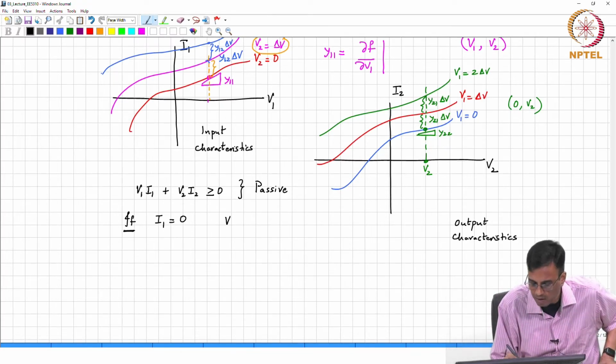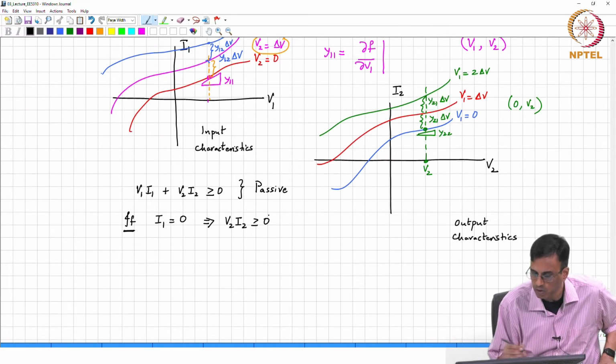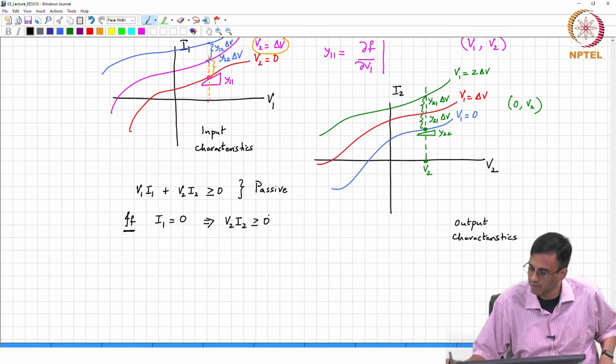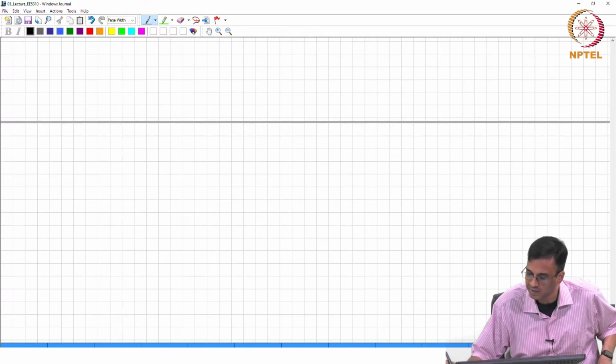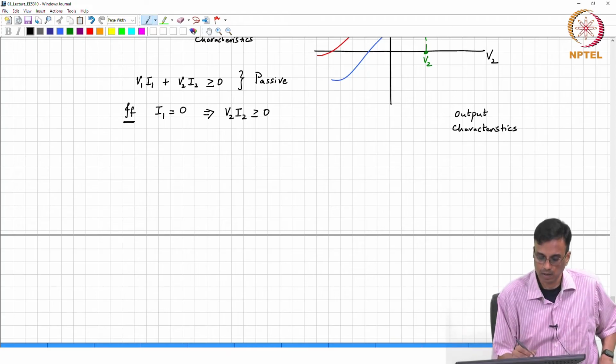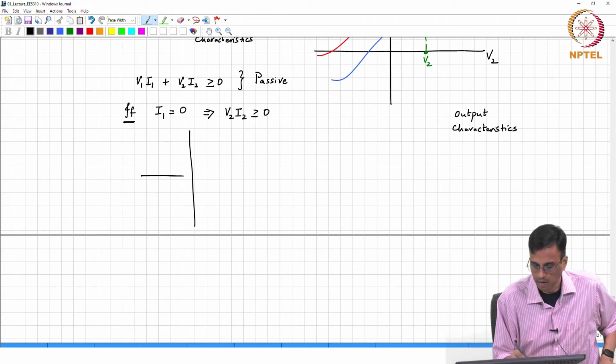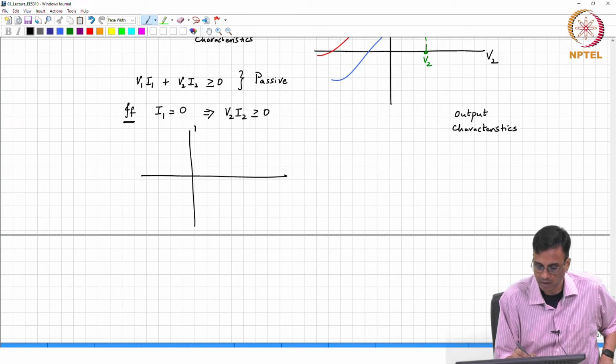Then V2 times I2 must be greater than or equal to 0. So, therefore, what comment can we make about the output characteristics under these circumstances? The output characteristics must lie in the